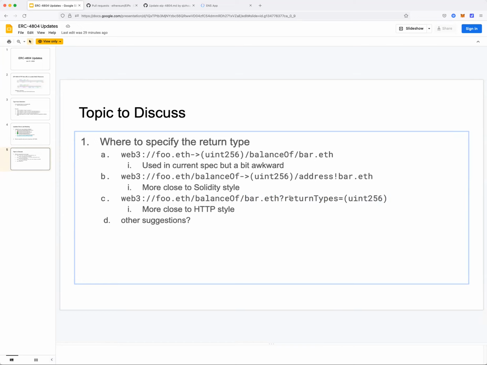So this is where I get a little confused. Is the objective, in this case, if you're looking up foo.eth here, that it's just going to return a number in the browser, kind of like a JSON blob, the way you can return API data?